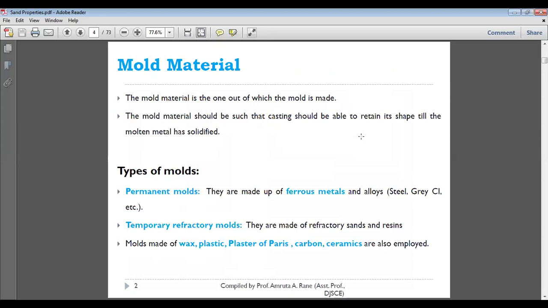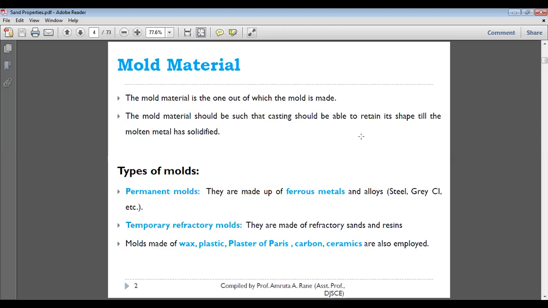Mold material is one out of which the mold is made. So mold material should be able to retain its shape till the molten metal is solidified. Because if the molten metal at very high temperature, say around 1500 or 1600 degrees centigrade, is poured into the cavity, and if the mold material, say molding sand, does not have enough strength, it would